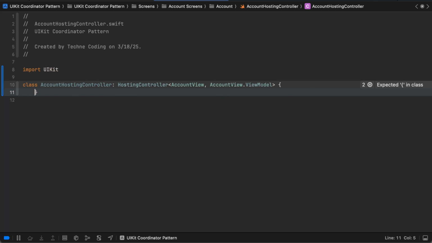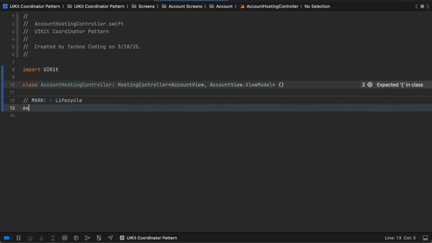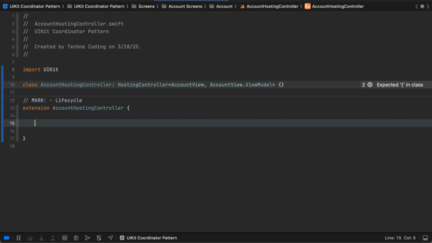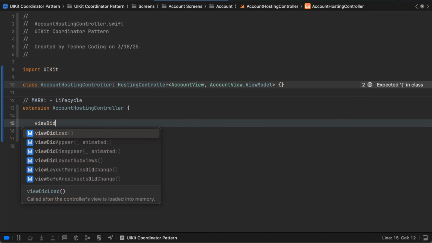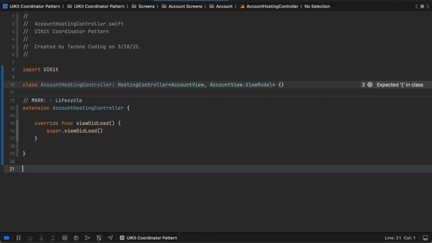And for this, I don't add anything to the root level. What I do is I just say MARK. I start all my UIViewControllers the same way. Extension, HostingController, viewDidLoad, super.viewDidLoad, and we are going to have a